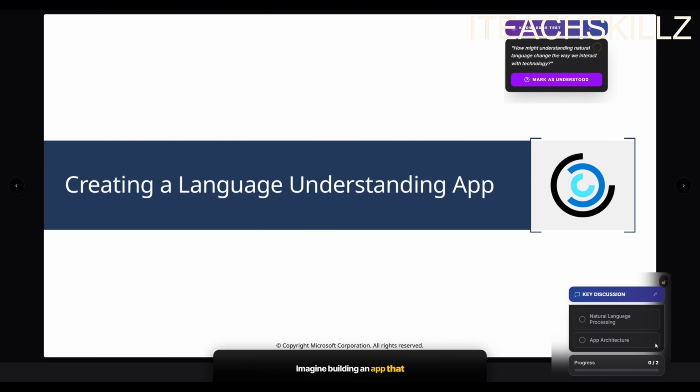Imagine building an app that understands human language as if it were a super smart friend who knows exactly what you're talking about. This is where natural language processing (NLP) comes into play, allowing the app to interpret and respond appropriately to your words. Let's explore how we can construct this linguistic bridge between humans and machines by first designing the architecture that processes